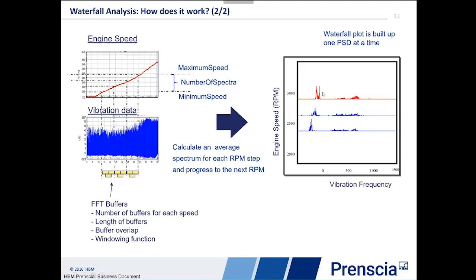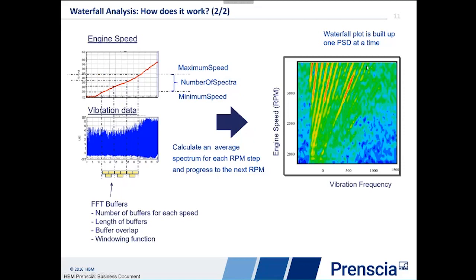So that's the third spectrum I'm obtaining, etc., etc., till you eventually obtain this waterfall color plot, color map, if you like, showing you the frequency content, so that's the frequency in hertz, right, versus the engine speed. And what we see are those lines, which are linear, and that show us that the vibration content is proportional to the engine speed. And the slope of those lines indicate